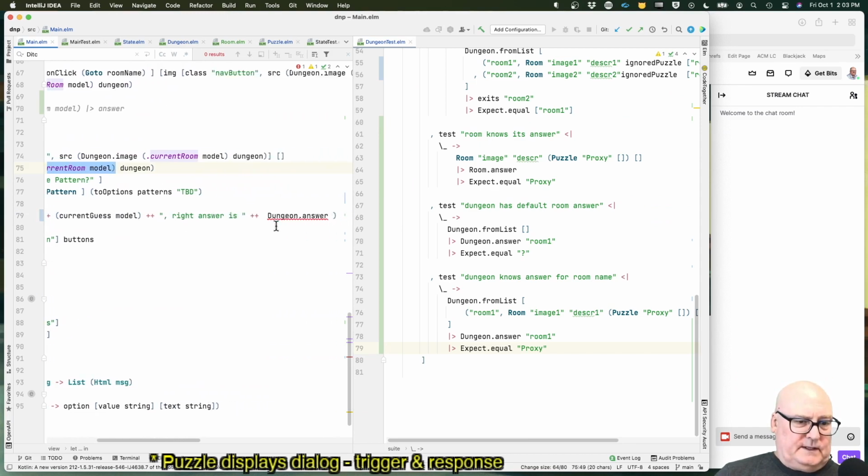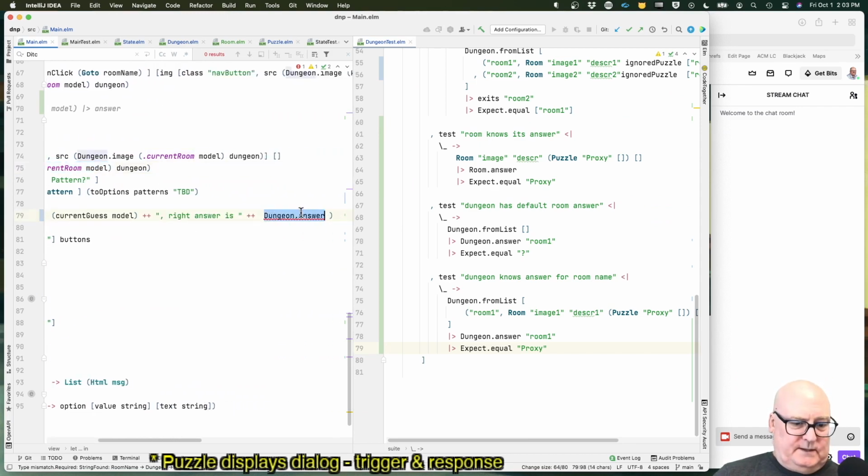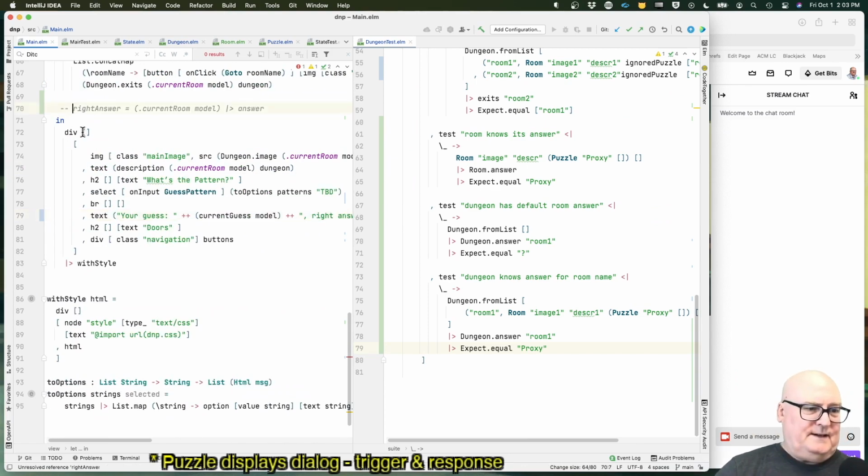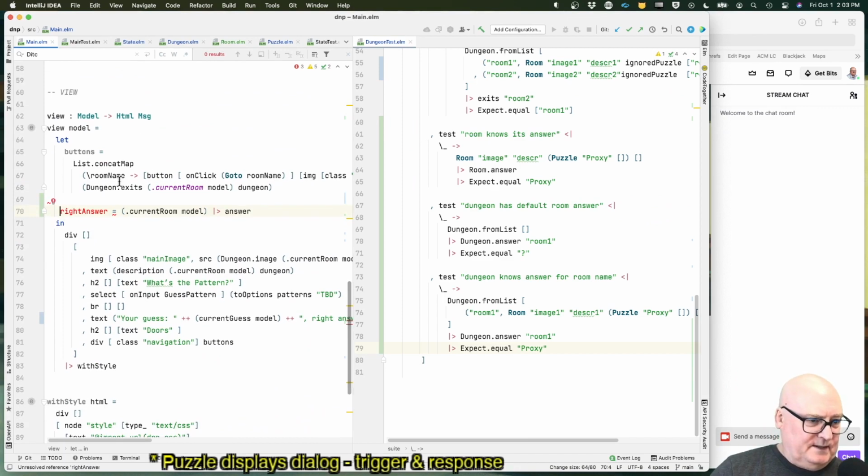Oh, I guess I want to do right answer and do that up here. Okay. The right answer is current room model gives me the room name, and I want to do answer in